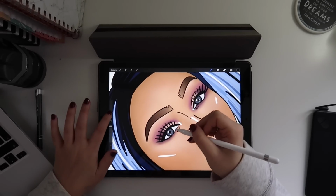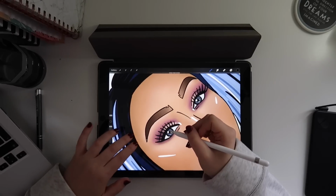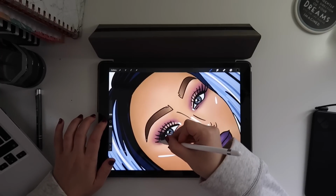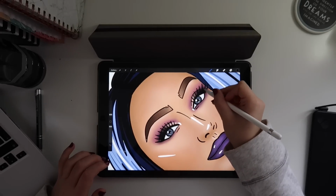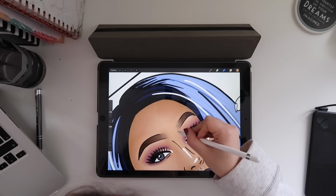So now I'm going back in with the airbrush tool and I'm adding a little bit of black to the eyelid area, just because G's lashes were quite full and I didn't want to draw them in with a pen tool, so I decided to use it as eyeshadow, and I think this finished it off really, really well. Can you tell I'm really proud of myself for this drawing? I've never done a drawing in this style before, but I'm very, very happy with it, and I'd definitely do more